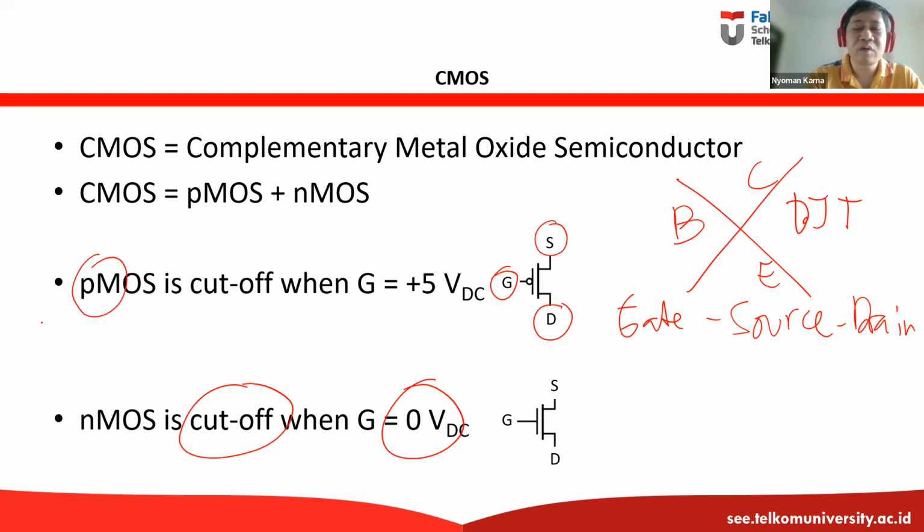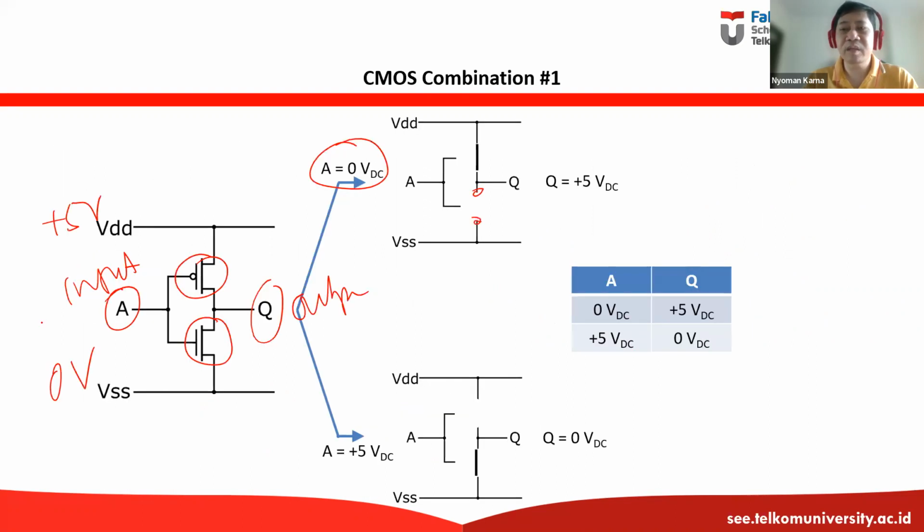However, the PMOS will be saturated. Saturated means it will have a direct connection like this. So the output will be connected to the plus 5 volt here, to the VDD. Now, how about if I give plus 5 volt to A? If I give plus 5 volt to A, then